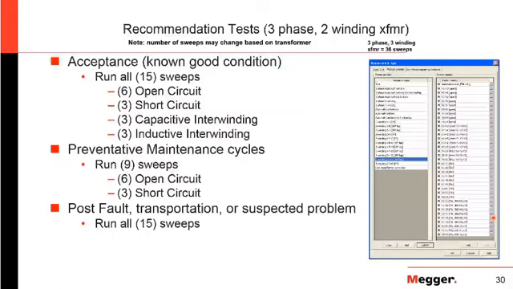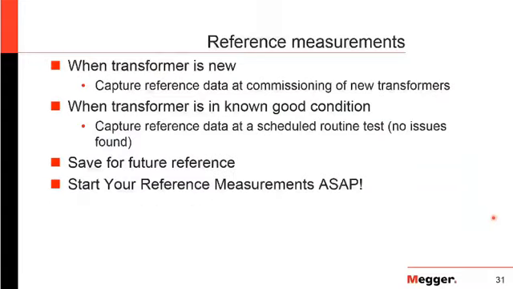So when do we get our reference measurements? When the transformer is new, and this of course is the best time, when you first get it, you're doing your commissioning, and you just want your reference to use for future measurements. Now the problem is this technology is, I would say, fairly new in the industry, maybe a little over a decade or so, and then just over the last 5 or 6 years, there's guides out and everything from IEEE. So you might not have your